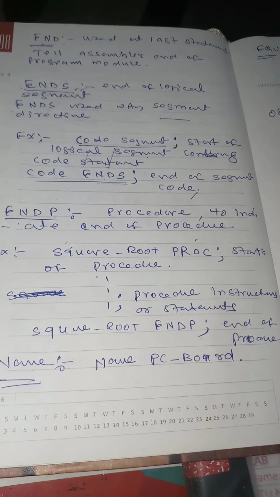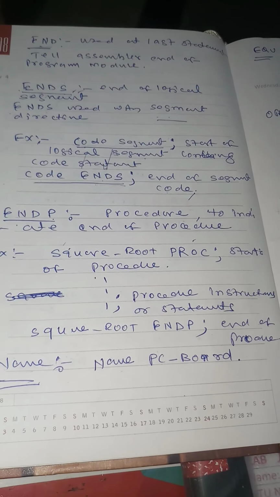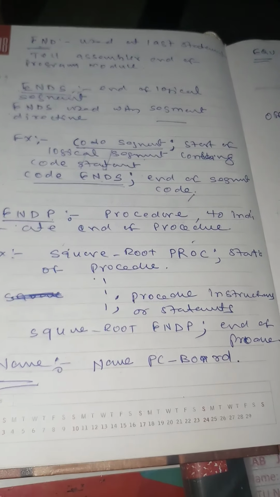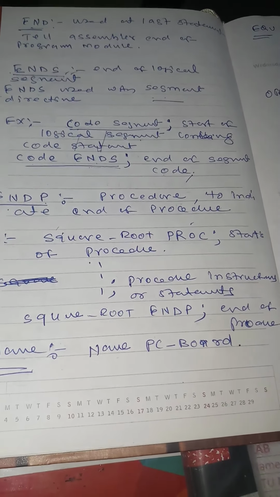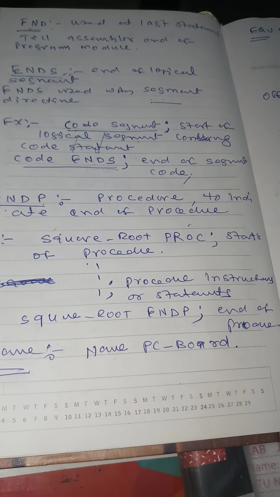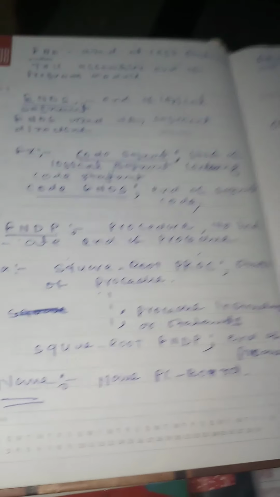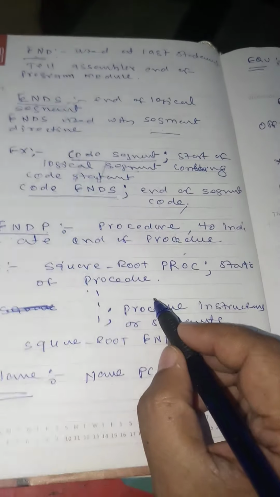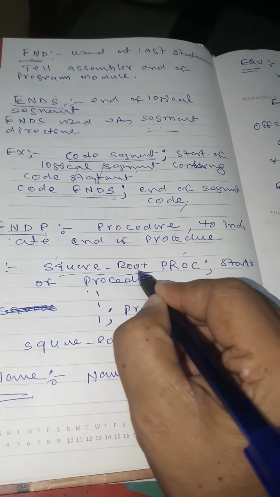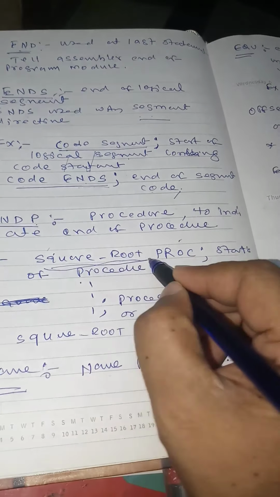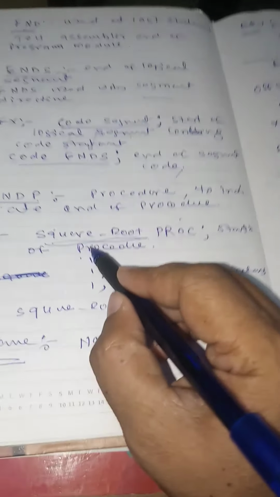So instead of writing the same square root program for all the codes, what do we have to do? We have to link or call the procedure, and the procedure will perform the square root and give the result, and that result or output will be sent back to the main code. So we have the main code and we have the procedure, and the square root we can use for many programs by calling it. This is a variable name. If you write the square root in any code, it will link to this code, which is used to perform the square root. So let us see how to initialize the procedure.